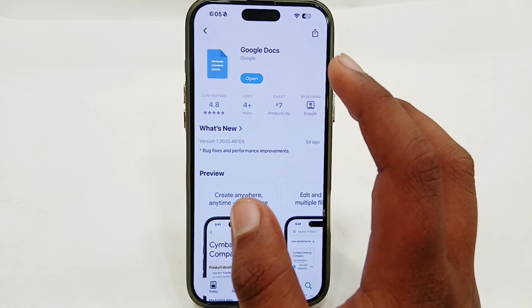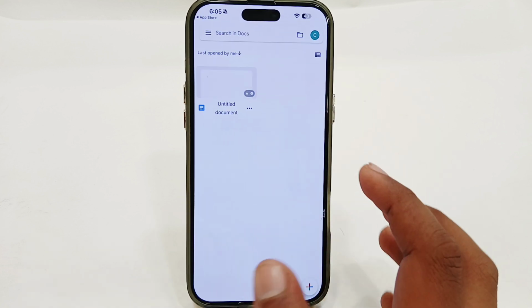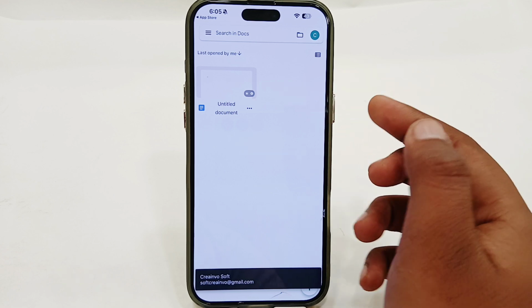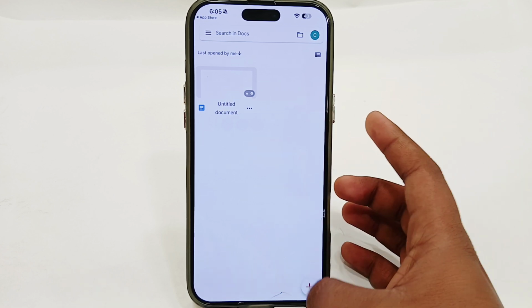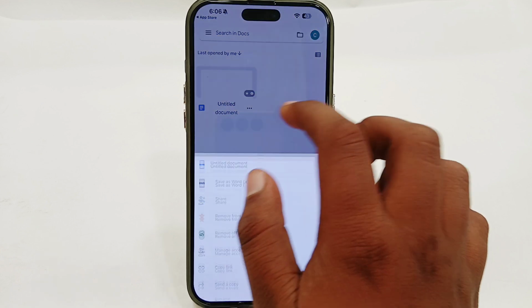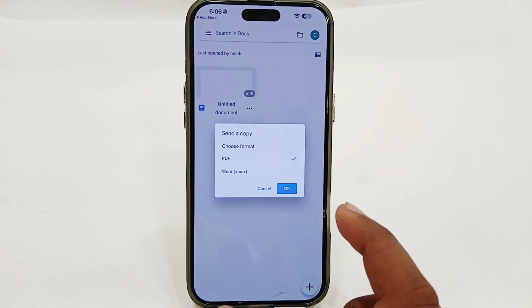So once you have installed this app, you just have to tap on this open option and the app will be open. Here I have a document that I'm going to share this. You can also create a new document or you can add new documents here. So just tap on the three dots, tap on the send a copy option,